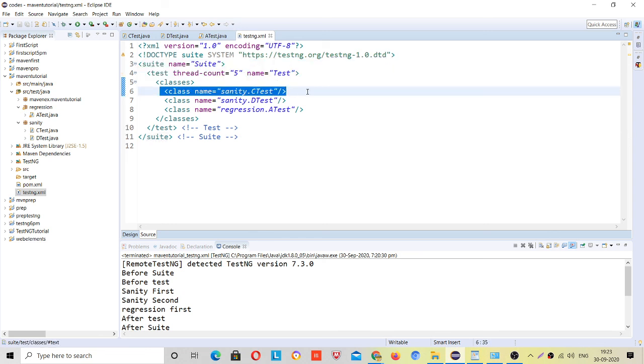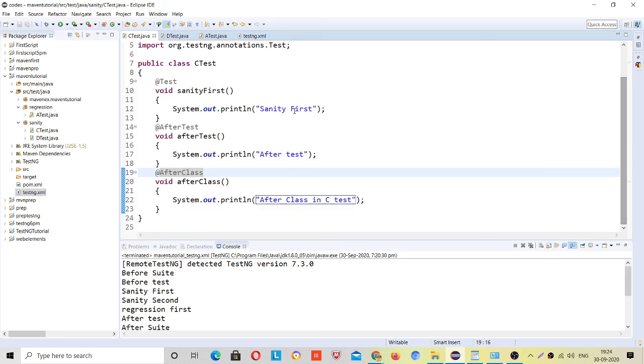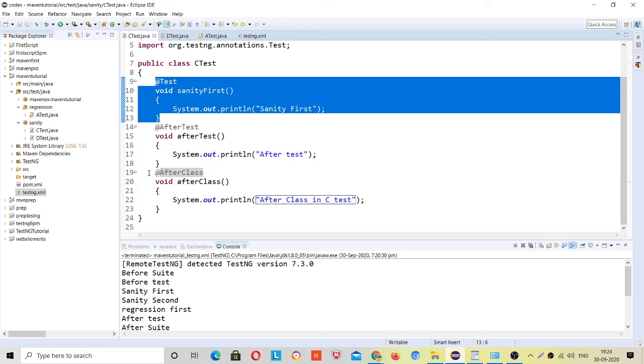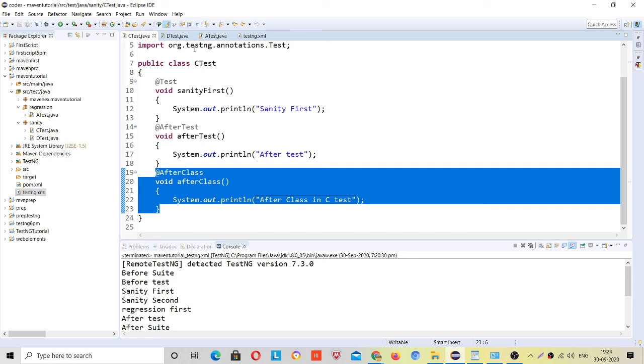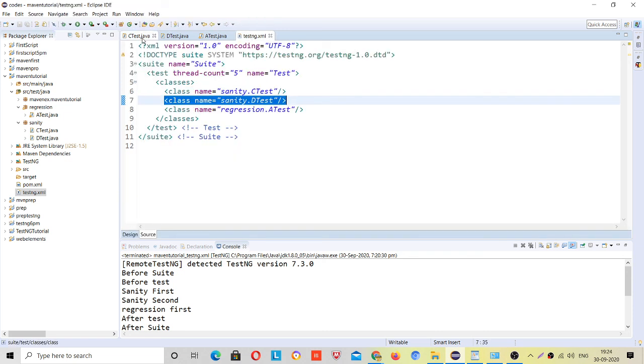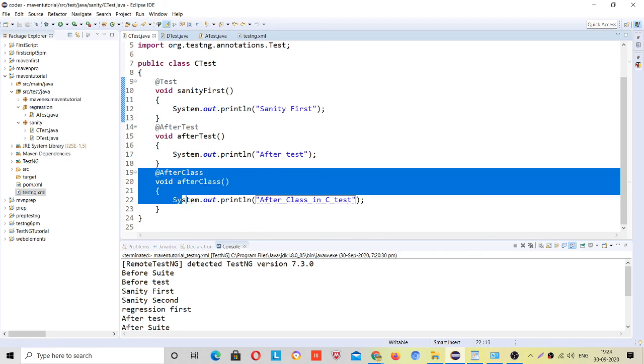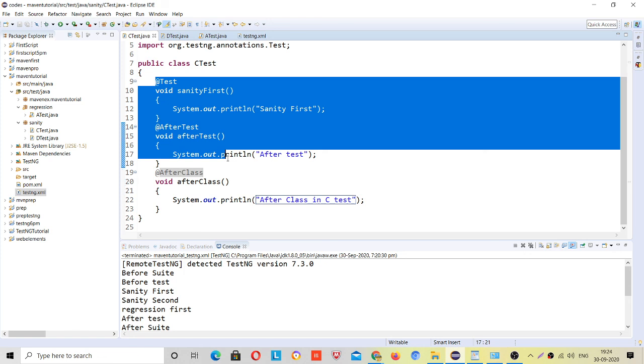From here it starts going to the class level. So here it will go to this and check whether any before class is present. No before class is present. So after executing your test, it will execute this and come back to the next line of code. Once it executes @Test sanity first, it will execute after class, because everything else is completed here.